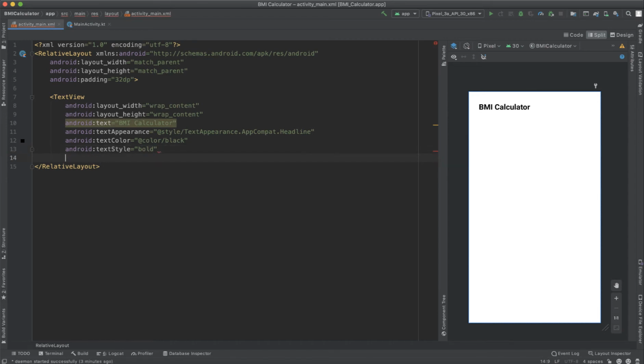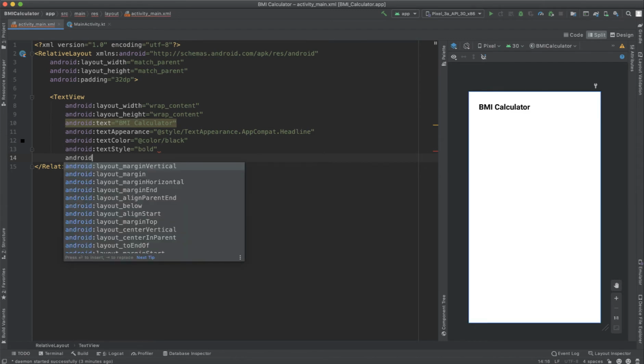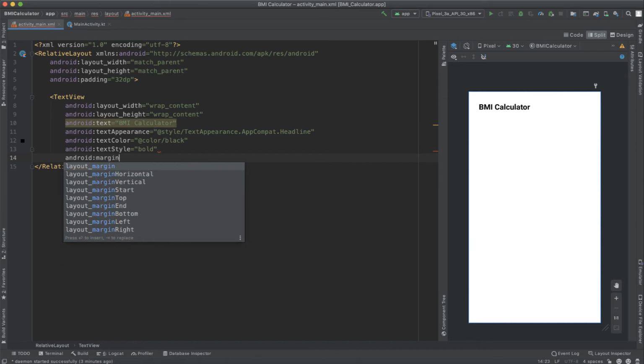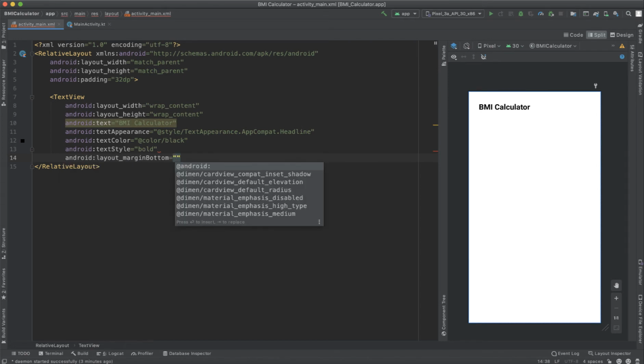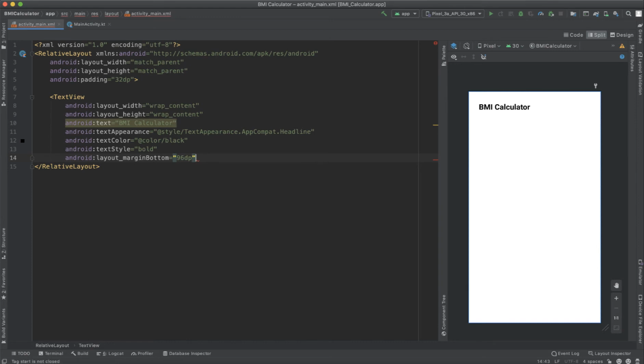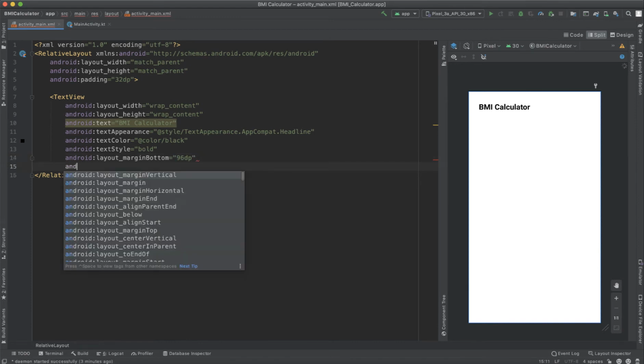Okay, this is done. Also I will add a margin bottom so that it doesn't overlap with the other elements of the screen and there is a little bit of spacing. So layout margin bottom would be 96 dp. And we need to add an ID to our layout.